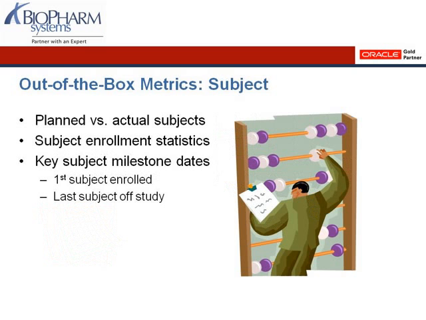So as mentioned earlier, subject metrics are a key performance indicator for many organizations tracking study and site performance. So what does Siebel Clinical offer in terms of metrics related to subjects? Well, in this area, we do have some additional information. So we still have the ability to see a basic planned number of subjects versus actual number of subjects at the various levels. But we also have a subject status analysis which allows us to see the breakdown of those actuals of all subjects and their various statuses as well.